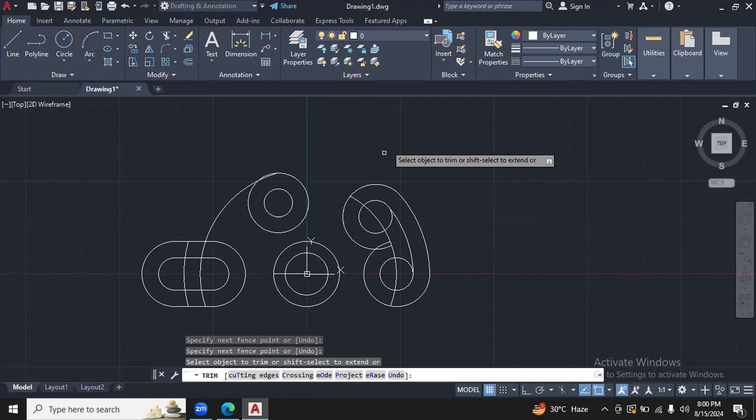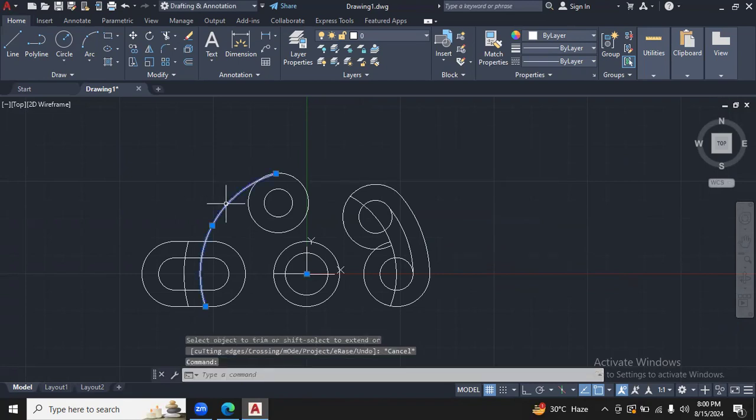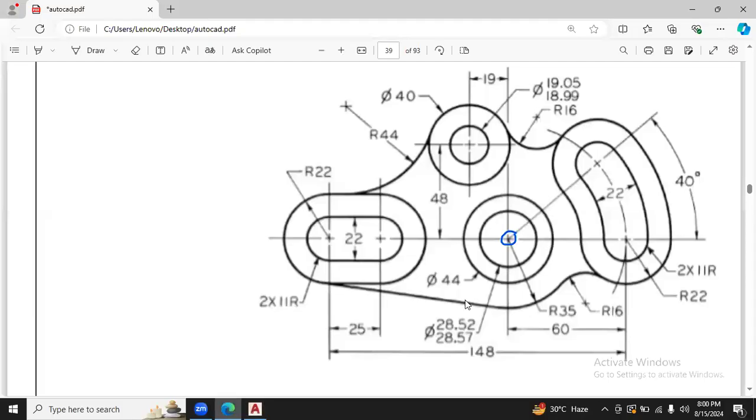Done. And then delete these two lines. Now you have to subtract 11 and 11 from 60. So once you subtract 11, you will get